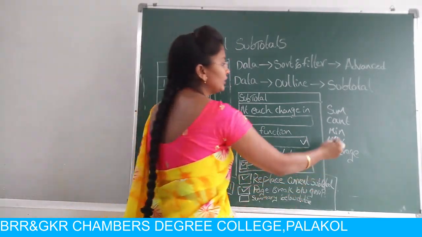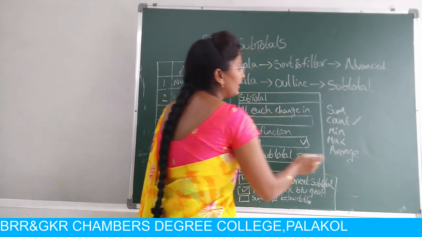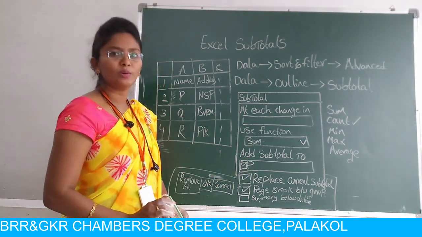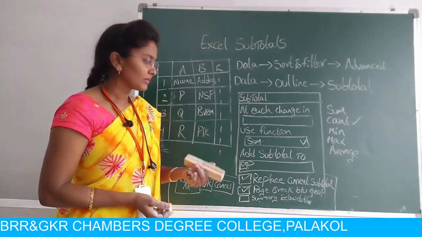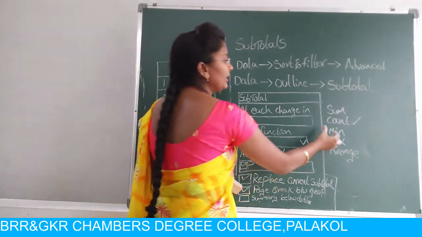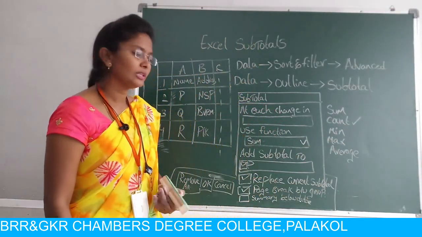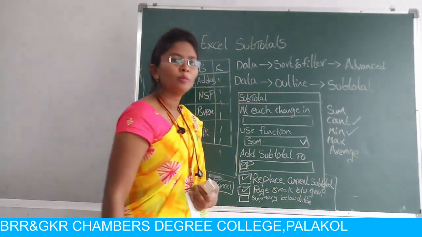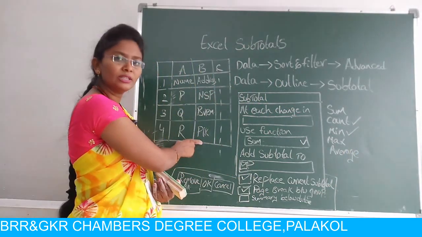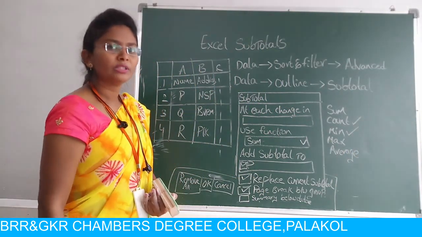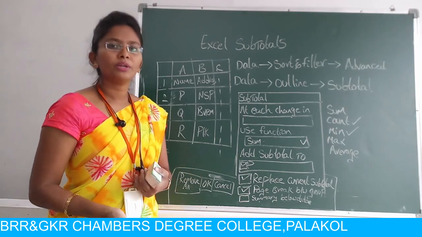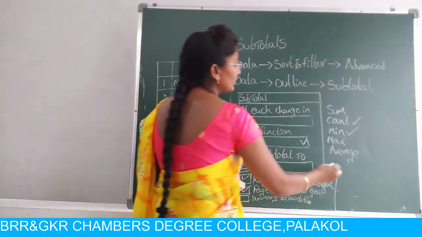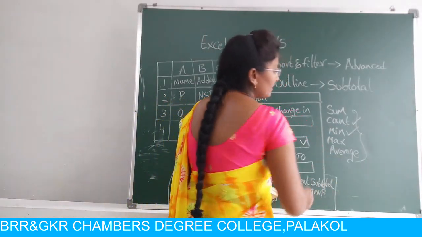If I want the function count, whatever data you enter, that number plus the adding number will be displayed. If you are not adding in the subtotal, it will display just the count number in this subtotal. And the minimum: if you click on this minimum option, whatever data you entered in this Excel sheet, the minimum number will be displayed. Or if you enter some data without numbers, that data will be displayed. And these functions will appear in the subtotals.